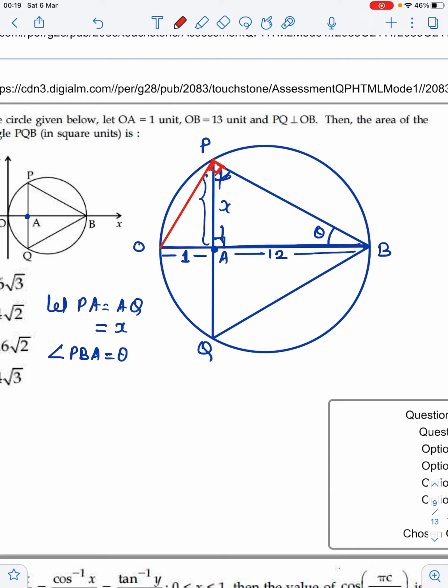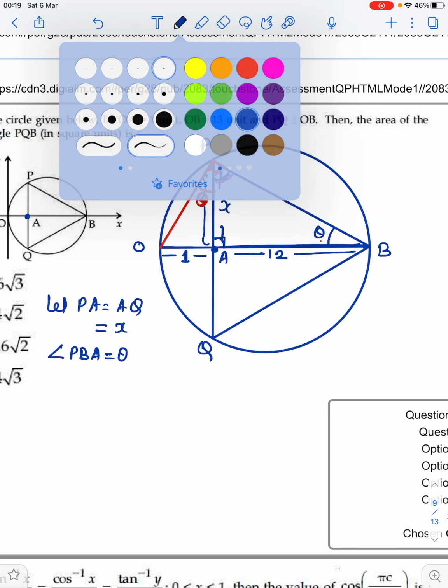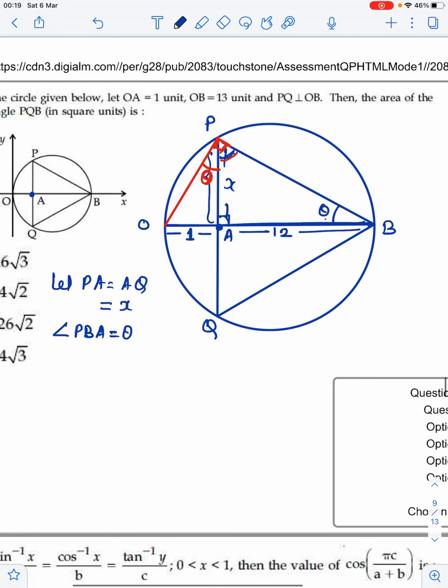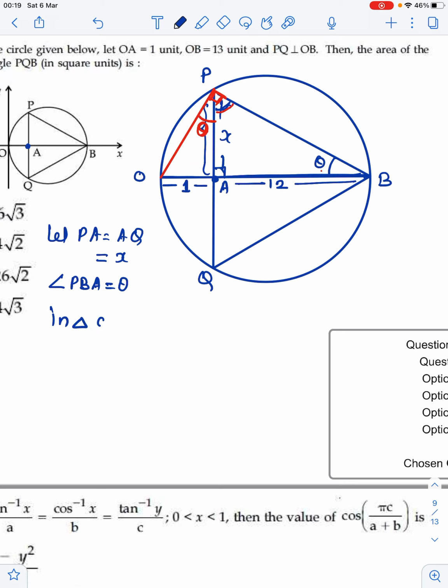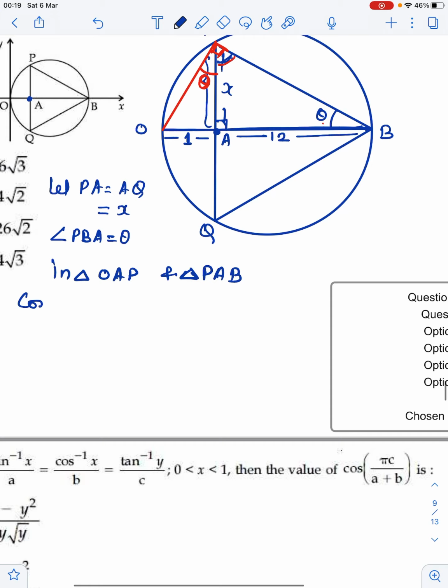Because OB is a diameter. Now if this is theta, this is 90 minus theta, this has to be theta again. Now in both the triangles, triangle OAP and triangle PAB, comparing